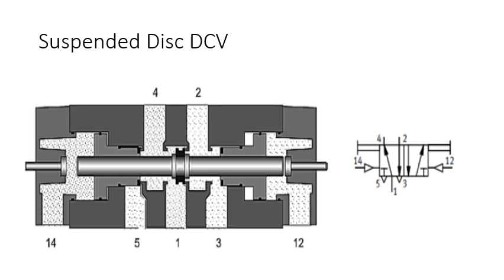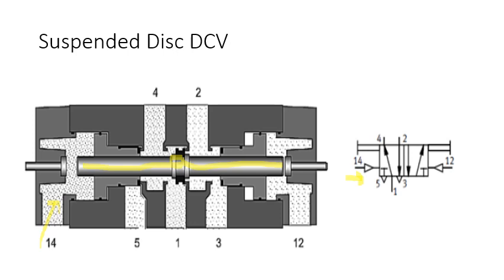Continuing from the previous, let's see the suspended disc direction control valve as a physical component, how it looks. The previous one was a schematic sketch. This is the physical component. This will be the suspended disc. You can see that in the initial condition 1 to 4 is connected and 2 to 3 is connected, because the air supply is given from the 14 end, this end. The air is given from this end as a pilot signal, so that this configuration is actuated.